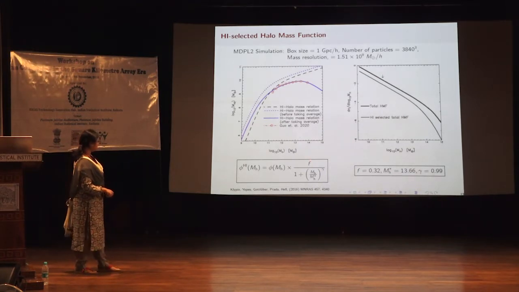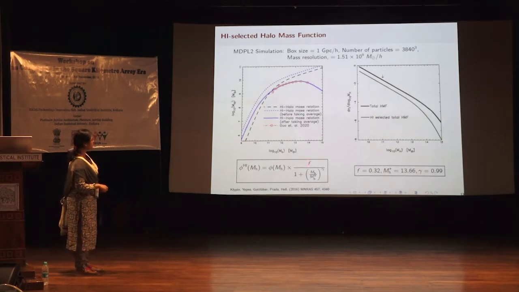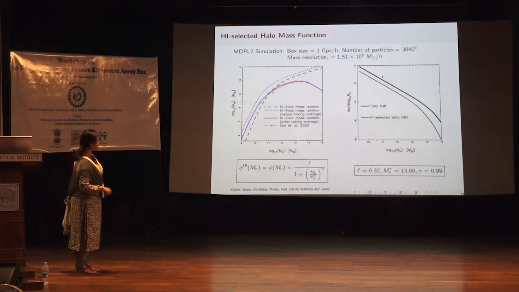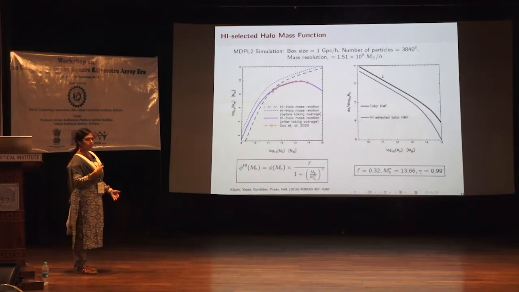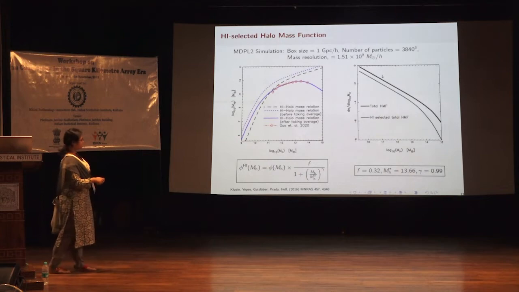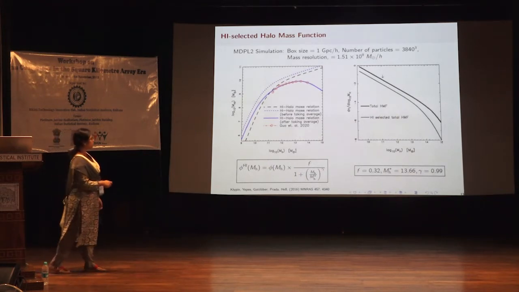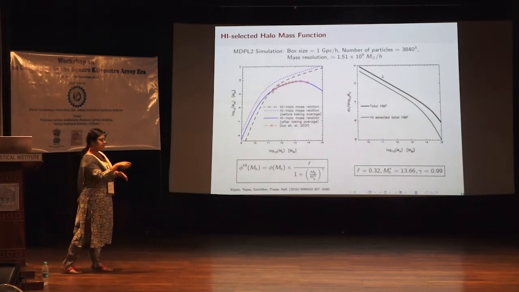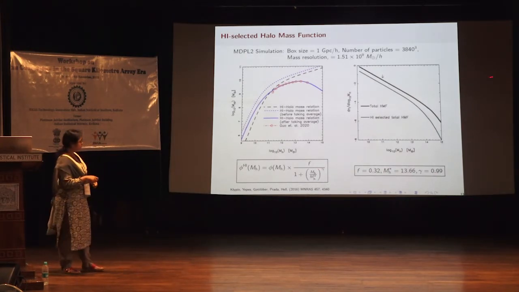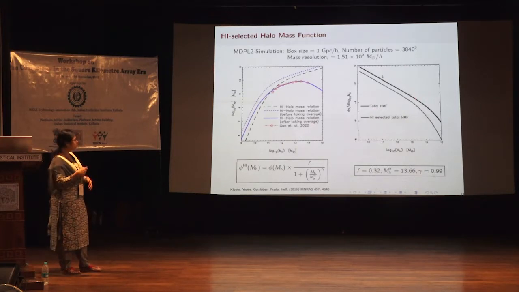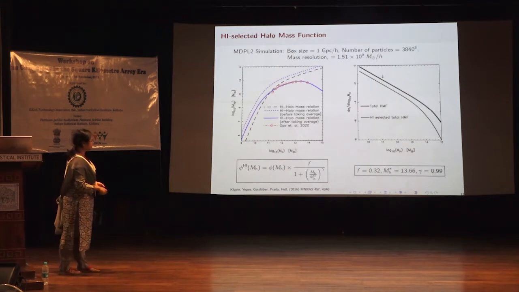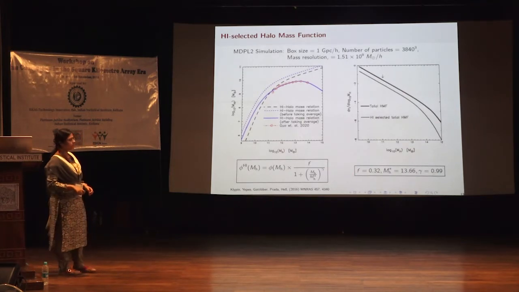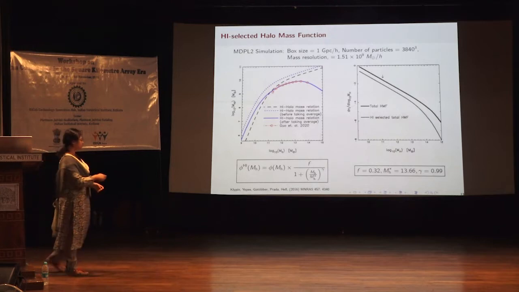Here this has three parameters: F, gamma, and MH star. F is the fraction of halos which will host H1, and gamma is the suppression at the high mass end, and MH star is the threshold value of halo mass after which that suppression will happen. So we have seen that with these parameters we get our desired H1 selected halo mass function, and if we